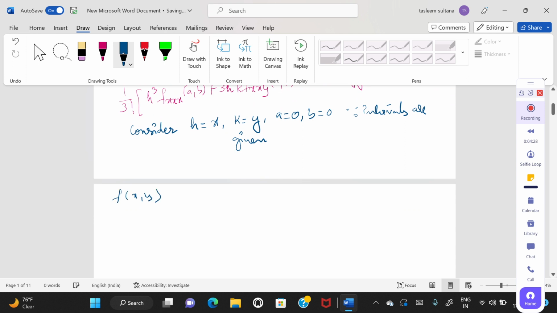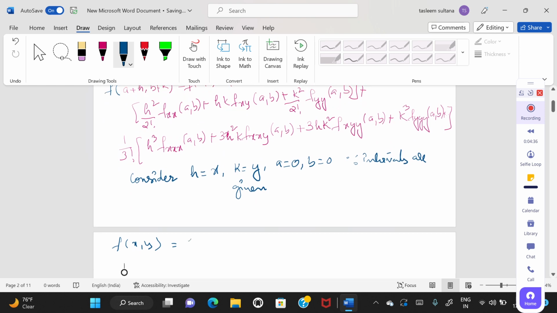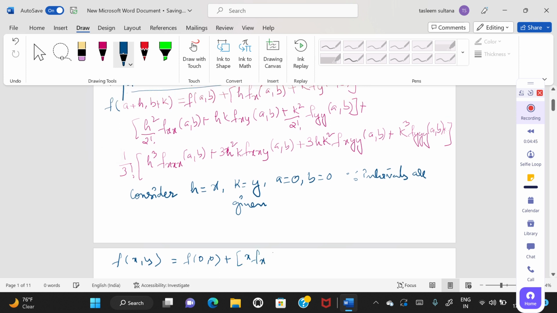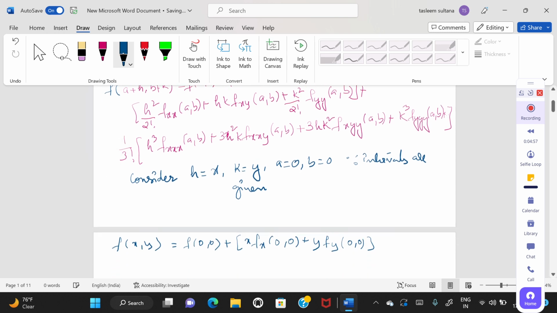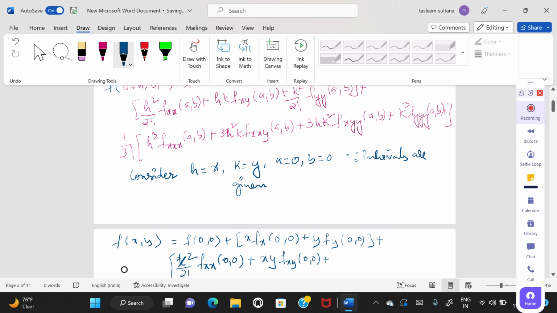F of x comma y is equal to f of 0 comma 0, then plus x into f suffix x of 0 comma 0, then plus y into f suffix y of 0 comma 0, then plus x square by 2 factorial f suffix x comma x of 0 comma 0, then plus xy into f suffix x comma y of 0 comma 0, then plus y square by 2 factorial f suffix y comma y of 0 comma 0, then plus 1 by